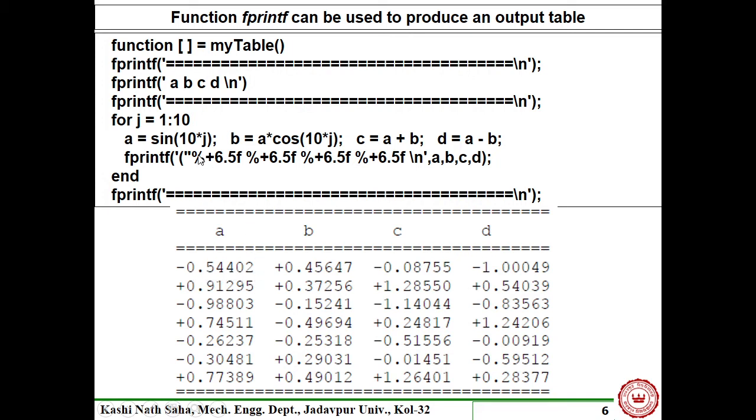And this 0.5 indicates the number of places after the decimal. Is that clear? You can use 6.2 or something, but accordingly your output will get formatted.